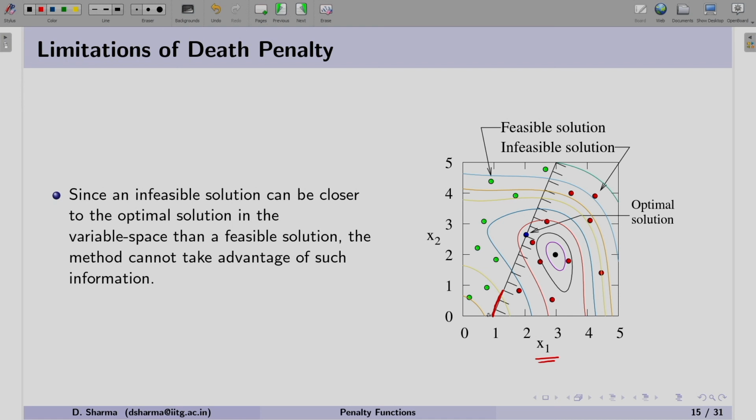Now, since EC techniques generate random points in the plane of x1 and x2, we have the green dots as feasible points and the red dots as infeasible points. Say for the given problem, the optimum solution is shown here, which is in the blue color. Now, as compared to this optimum solution, we can see that solution number 1 and solution number 2 are closer to the optimum solution than, say, solution number 3, and that is the disadvantage. Why? Because we are not able to exploit the infeasibility of the solution.